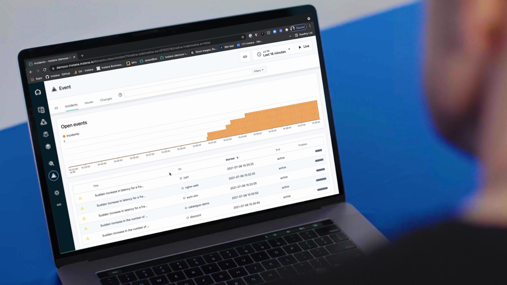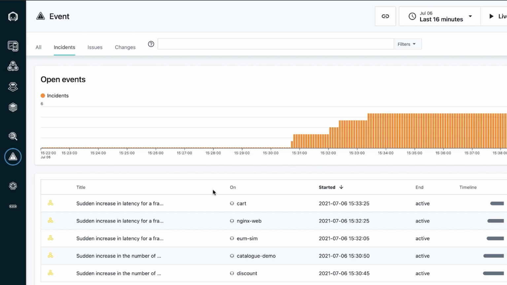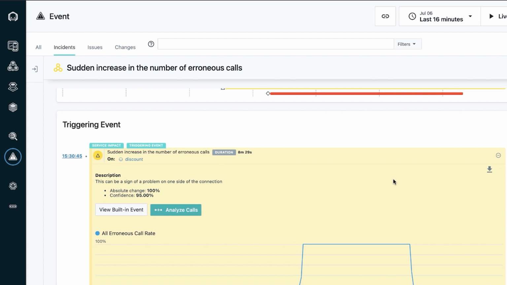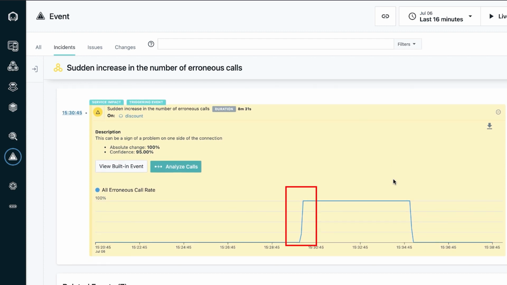Based on a chat message from Cloud Pak for Watson AIOps, you can proactively investigate and resolve brewing issues before they impact users. Combined with the deep dive performance monitoring tools from Instana, you can confirm the details that led to an incident report. In this case, a sudden increase in the errors returned by the discount service. The event that triggered the incident shows that the error rate spiked suddenly. This unexpected behavior is automatically detected by Instana without the need to manually set and maintain thresholds.